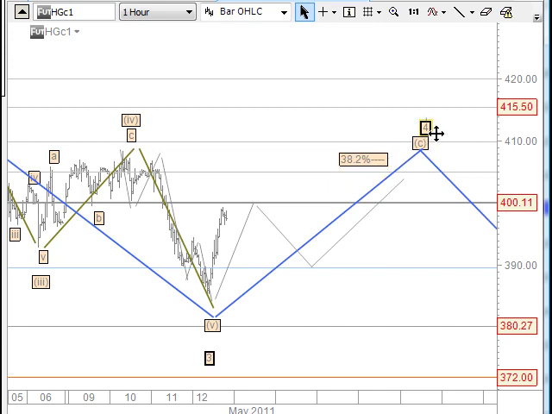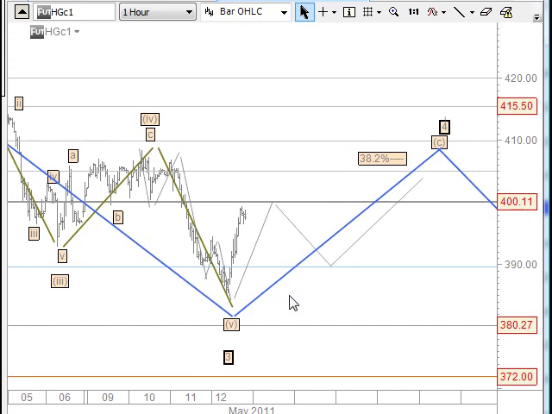because the fourth wave here normally pulls back to the fourth wave of one lesser degree, and that would be at that place there. So now fourth waves can be complicated, but I've just pathed out here a simple ABC correction. But as you can see here, this fourth wave here, that was reasonably sort of simple in terms of an A and a B and a C. So you can kind of expect that again in through here, but just bear in mind that fourth waves are time consuming, they're very corrective, and they can be 5 waves structures in terms of overlapping triangles and so forth.